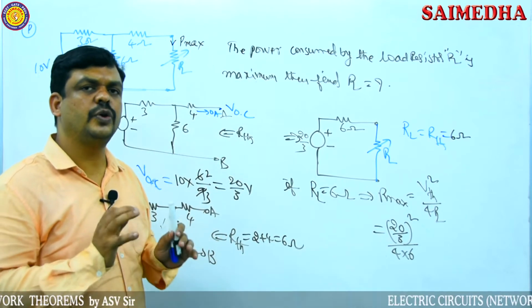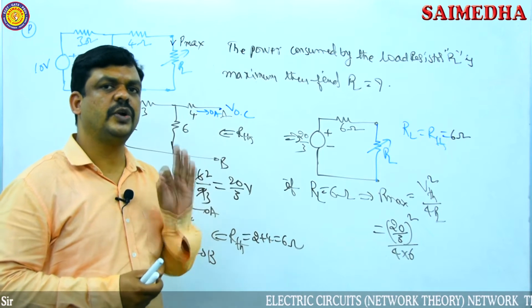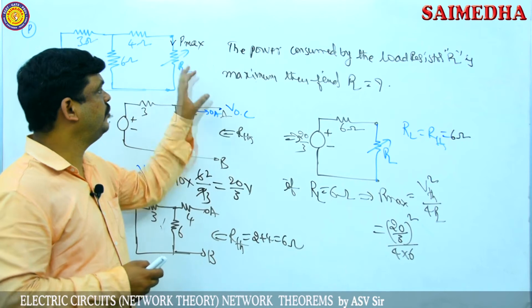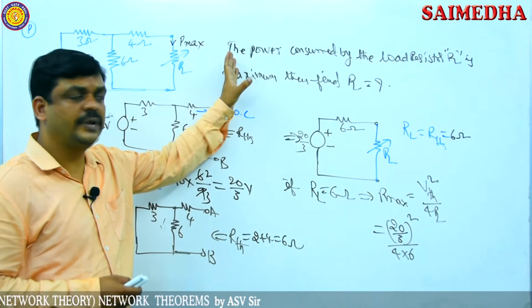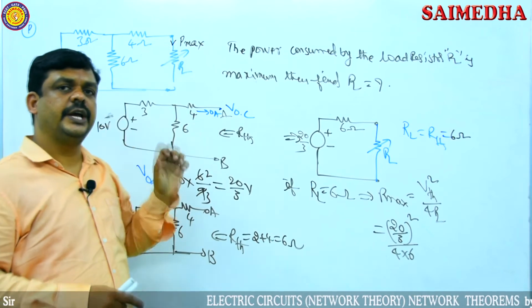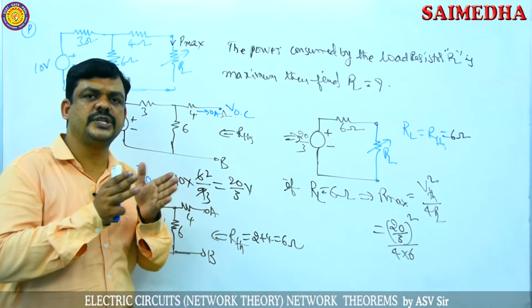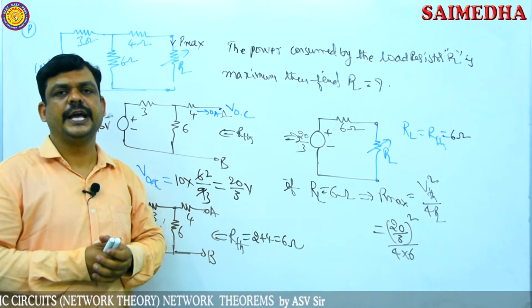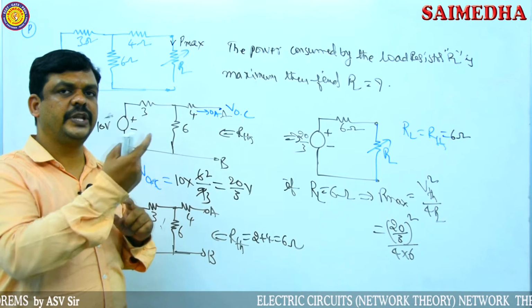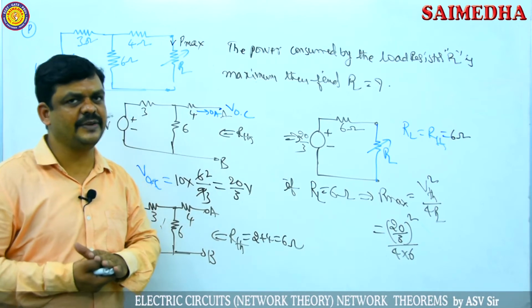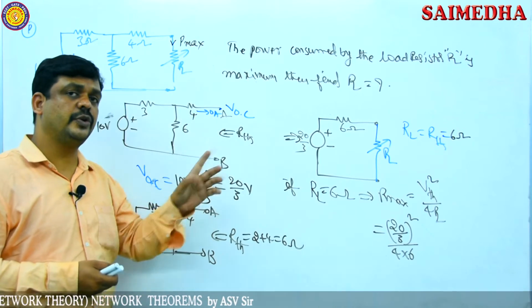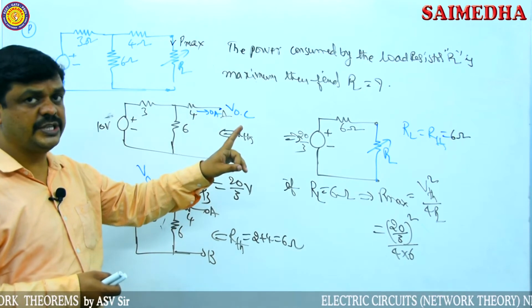So to find the unknown load resistor value, we have to find the Thevenin's equivalent resistance according to the given circuit. To find it, first open the load terminals, then find the equivalent resistance between these 2 points. If the circuit consists only of independent sources, remove all the sources, then find the resistance. If any one source is a dependent source, then find V Thevenin and the Norton current. Then the ratio of these 2, V Thevenin by ISC, gives the Thevenin's resistance. This is the standard procedure to find the unknown resistance.